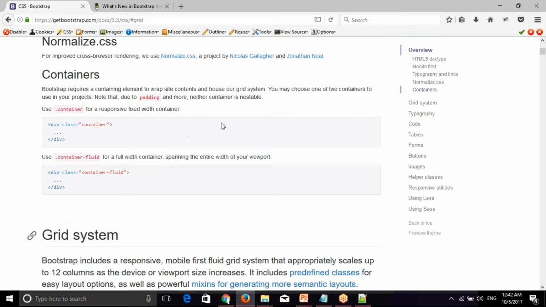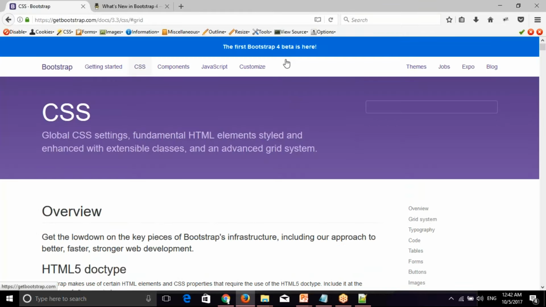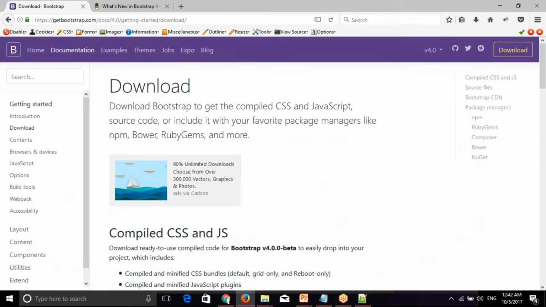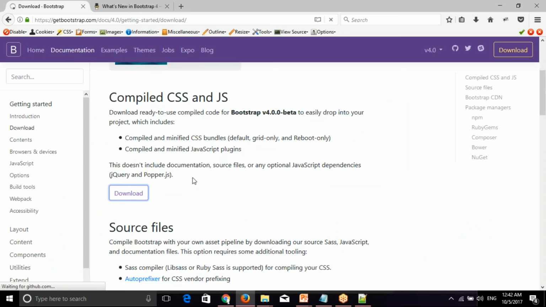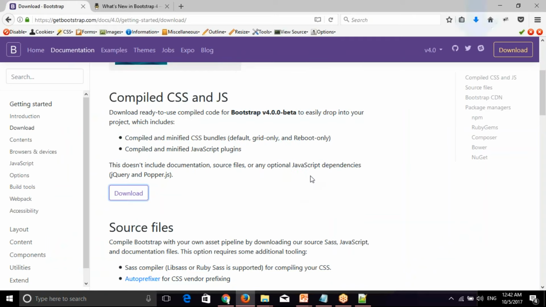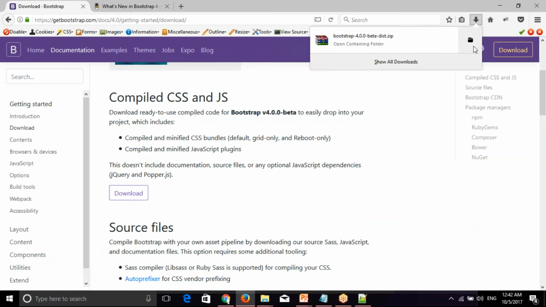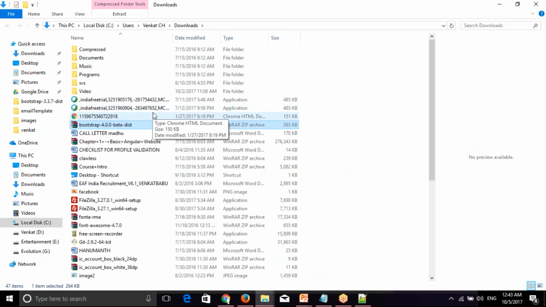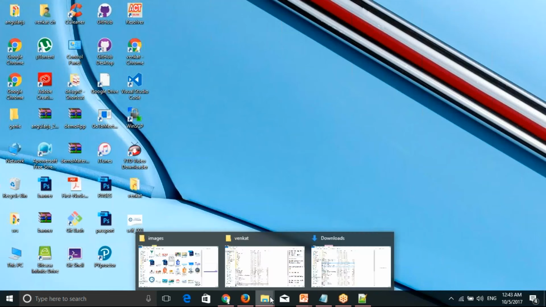Going to the official documentation, here we can go and download. Yes, I'm downloading. I'm moving into my folder.